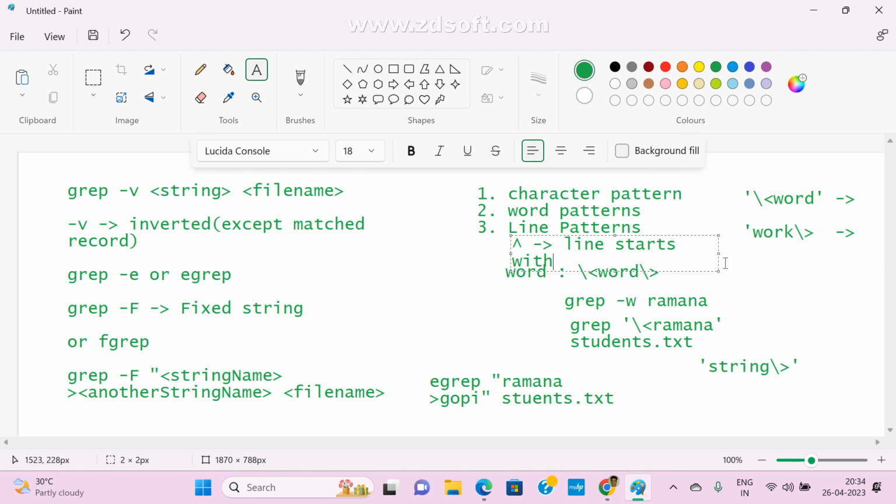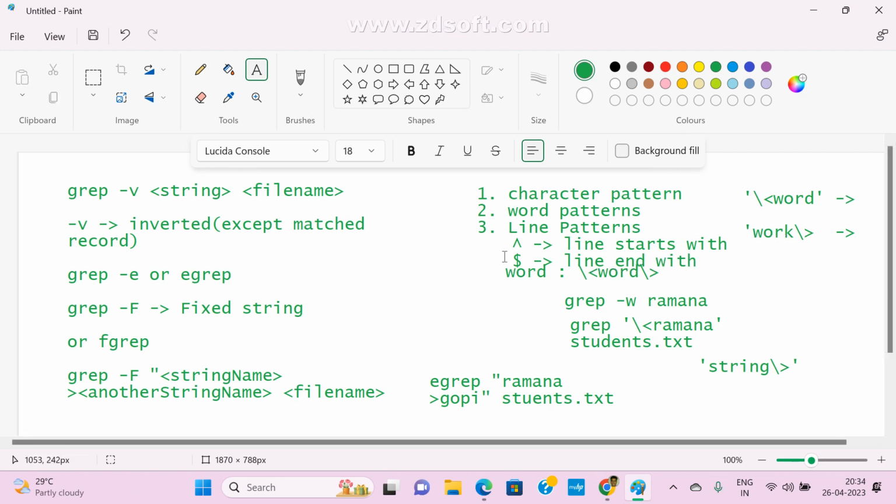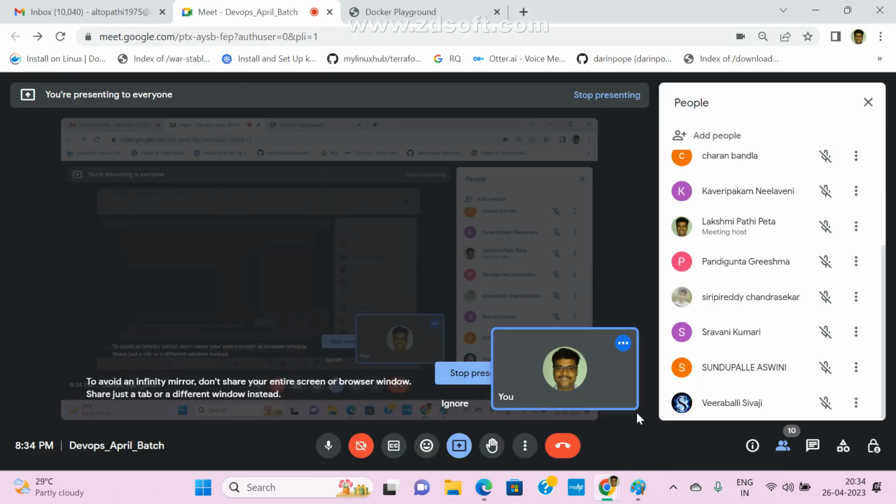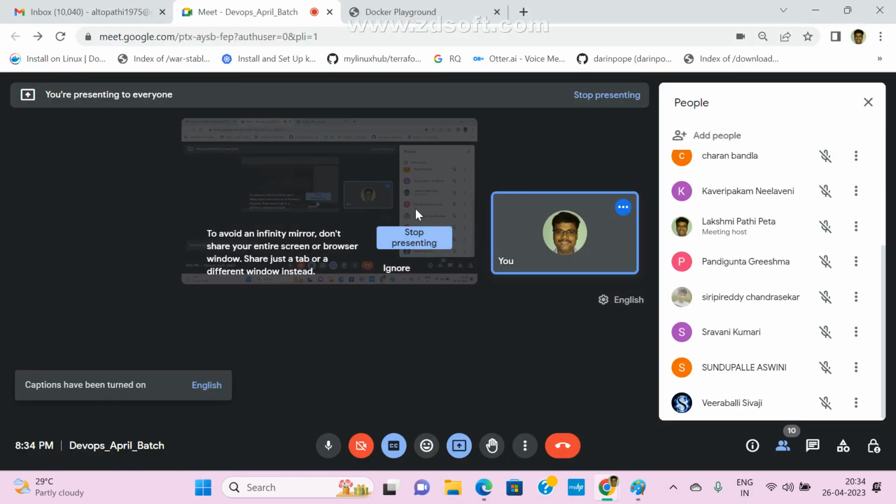There is one more character, dollar, which represents line ends with. So the cap symbol means the line starts with, and dollar means the line ends with. If you observe, this is very simple.